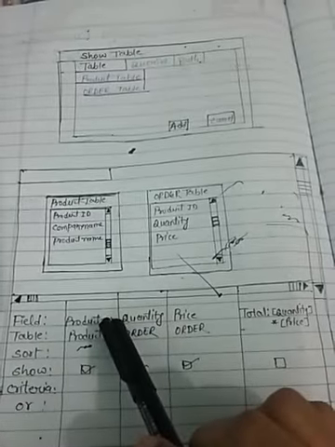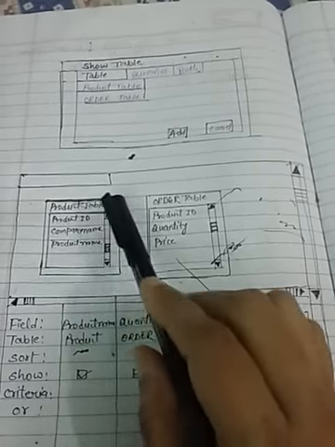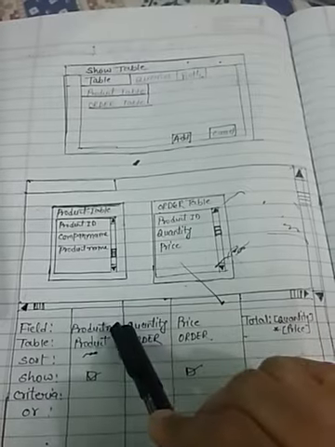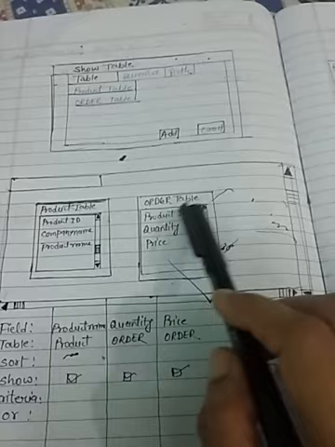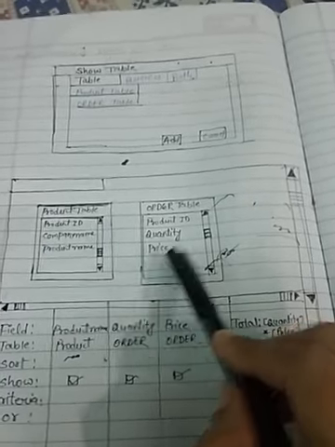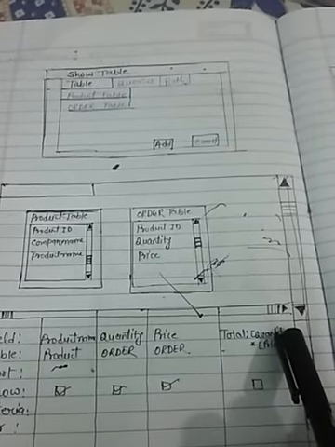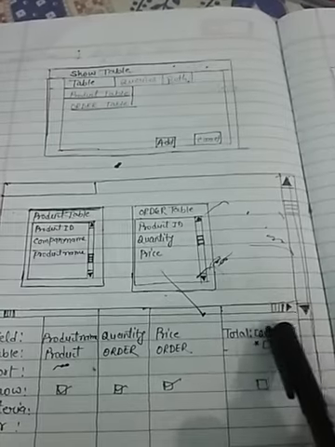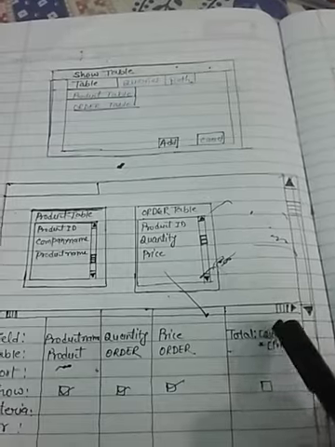In the field name, choose the product name from the product table, drag and drop it in this field. Quantity, choose from the order table, drag it and drop it here. And the price field, choose, drag it and drop it into the field name. I have already written here Total, but in this empty field we will calculate the total price, so you have to leave it empty.